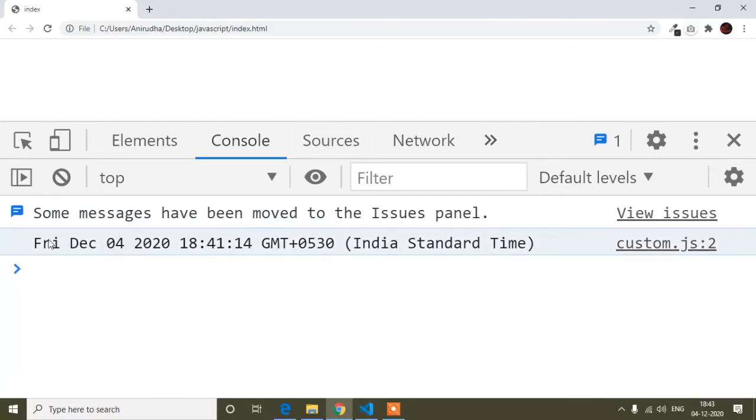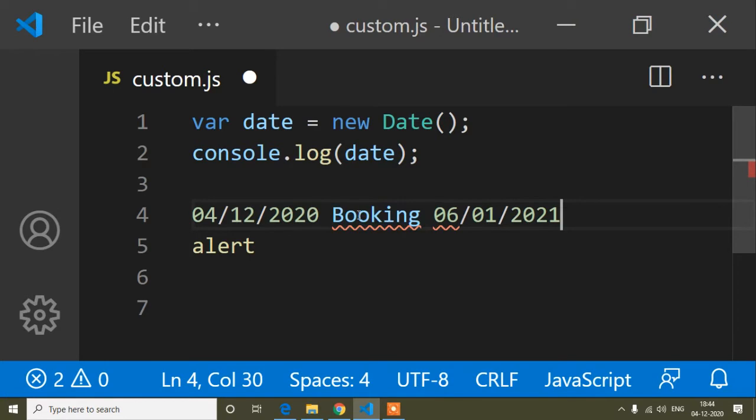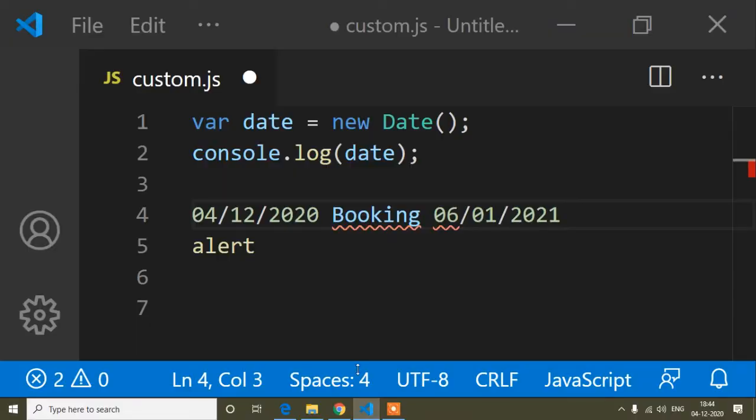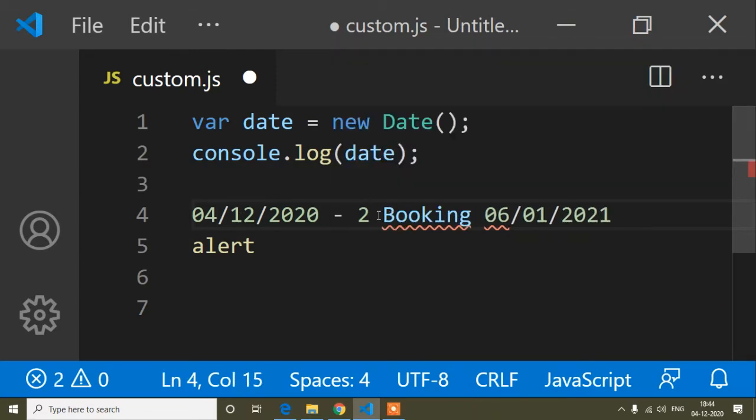This time the date method is useful, because when you calculate the time from December to 6 January, the gap is between 30 to 33 days. So after 33 days the user will get an alert. So you have to calculate 33 days. How can you calculate a date? We do one thing: we convert a date into milliseconds, and we also have to use the time, because suppose this December you booked at 2 p.m.